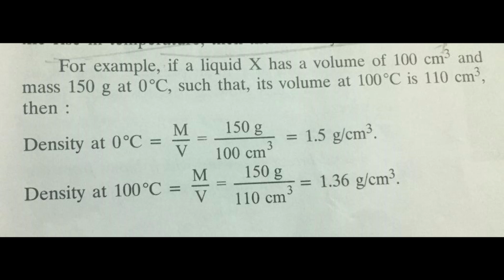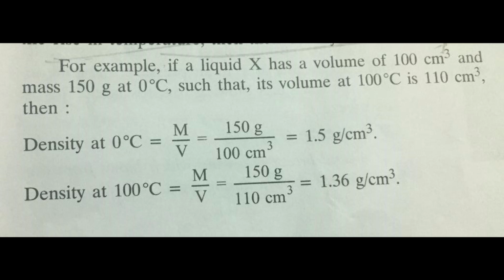Let us say that we are heating the liquid, the temperature rises. So now in that case, the temperature has raised to 100 degrees Celsius. You can see it is written there. And what happens to its volume? Its volume is also increasing. When you're raising its temperature, its volume is increasing. So how much does it rise? It will become 110 cubic centimeter. But the mass will remain the same.